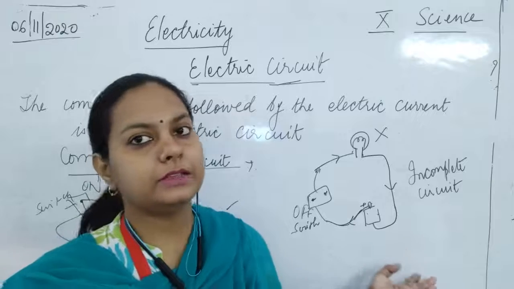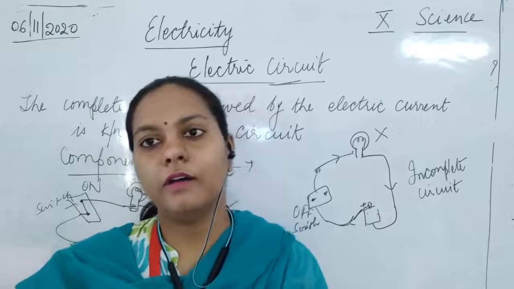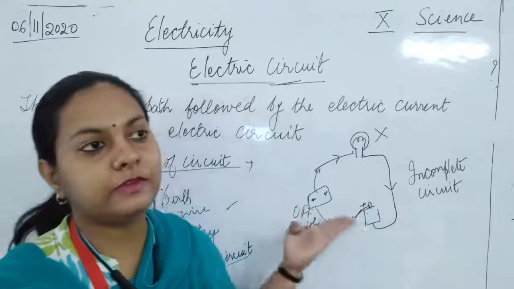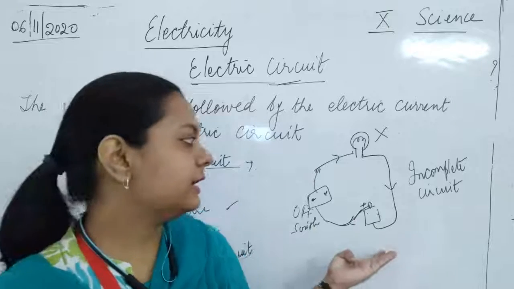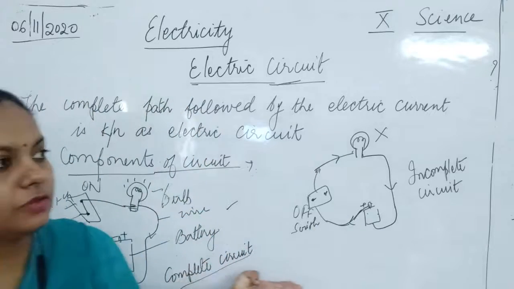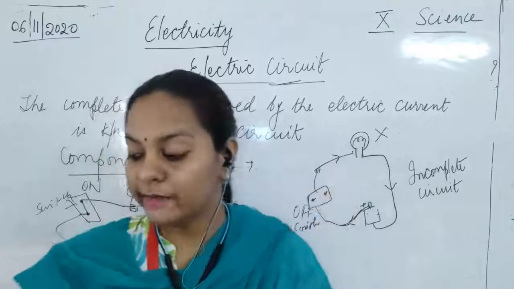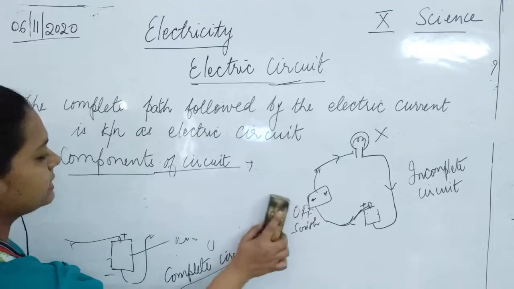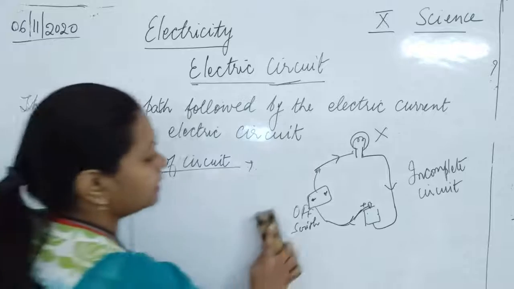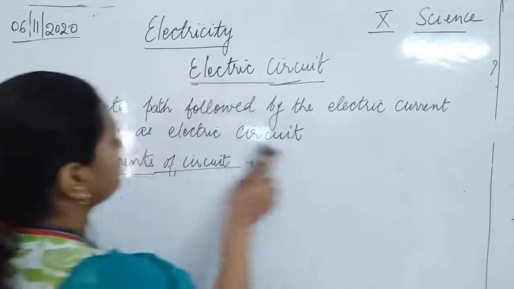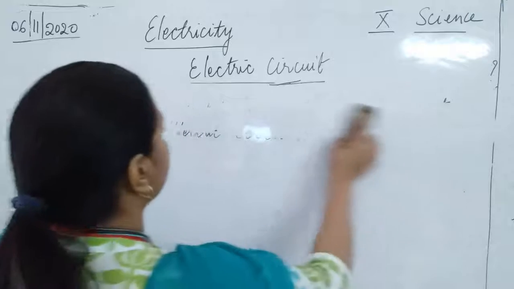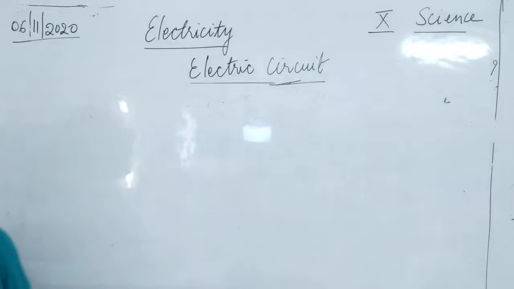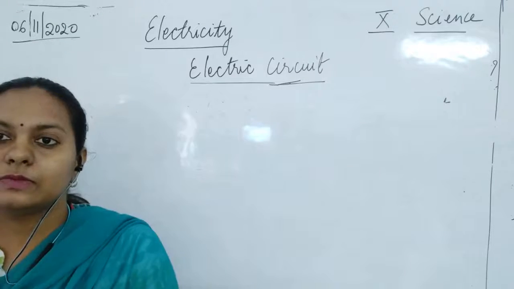So complete and incomplete circuit depends upon the flow of the current which is flowing in the circuit. Circuit is always made up of components, and these components should work in a correct manner. So this is how we can decide whether it is a complete or incomplete circuit. Where the bulb is not glowing or the current is not going to complete its path, it is interrupted, that is why it is said to be an incomplete circuit. There could be various reasons for the circuit not to be completed. What could be the reasons?